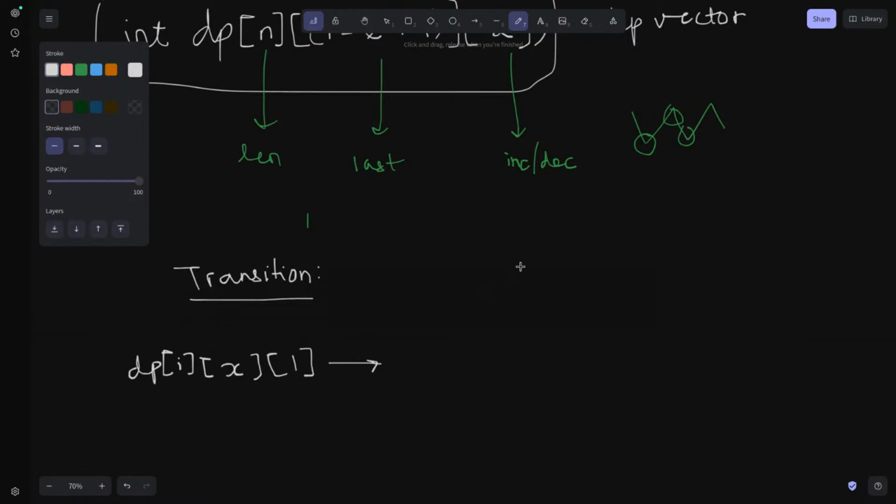That means it should have come from some dp of i minus 1, such that if the current thing is increasing, then the previous one should have been smaller, and it should have been decreasing. So we can say that for any y which is less than x,